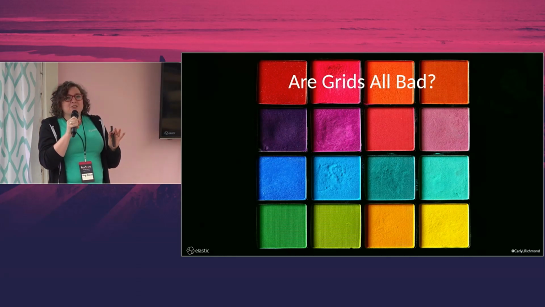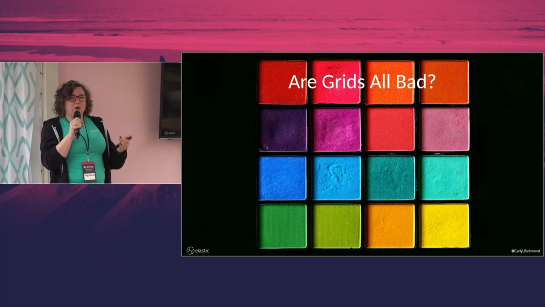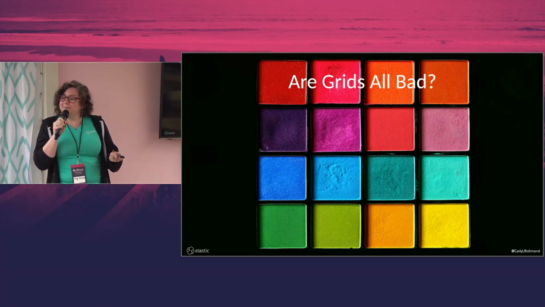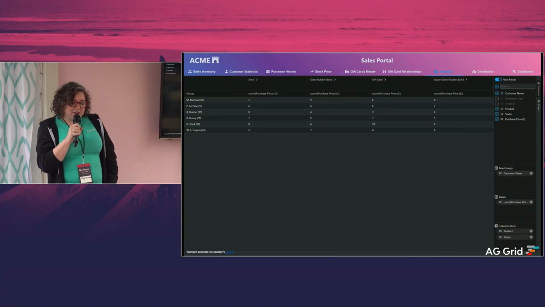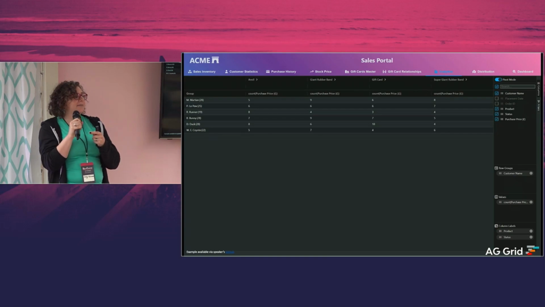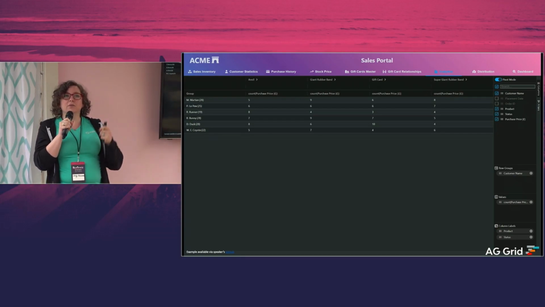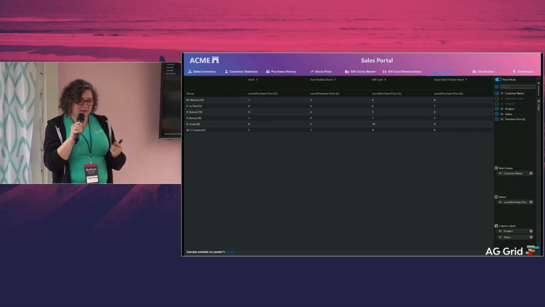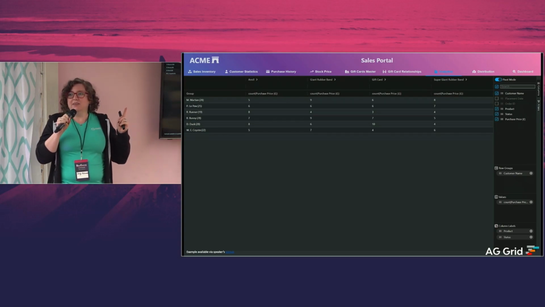And I've found two situations that I find work a little bit better and help with that information overload concern that's really driving the problem I'm talking about. So the first thing is I talked a lot about how my users would export the data out and then pivot it. So why is the pivot in Excel or Google Sheets or whatever it is? Why isn't it in my application?